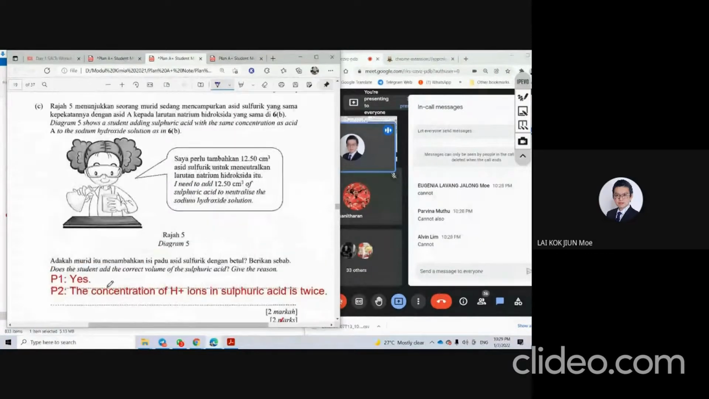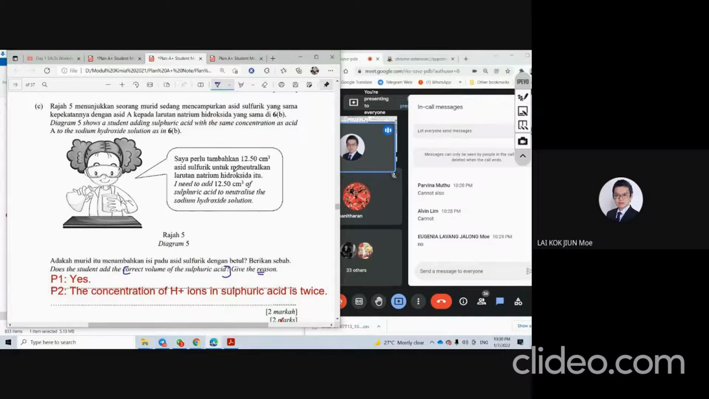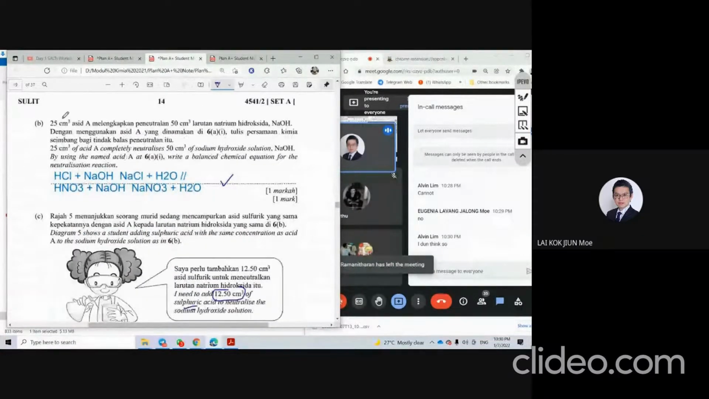Okay, why this one wrong? Does the student add the correct volume of the sulfuric acid? Give the reason. Correct volume. I put 12.5. 12.5. 6B here got how many? Cannot, right? You see, acid A is the same as